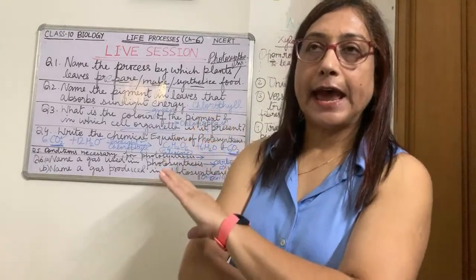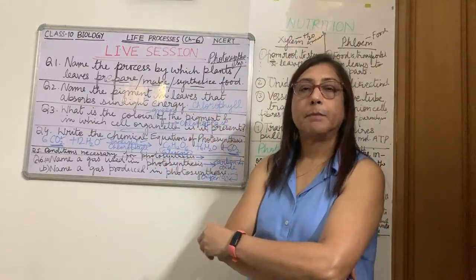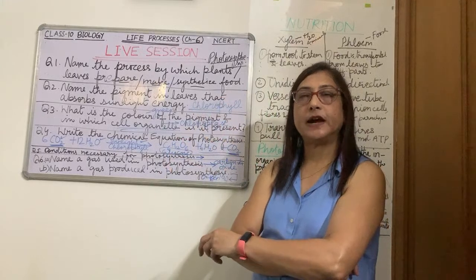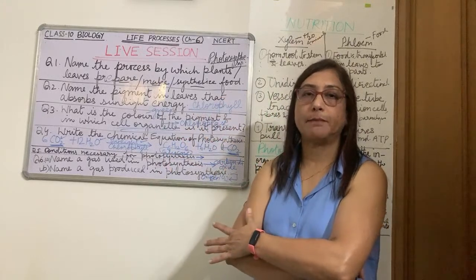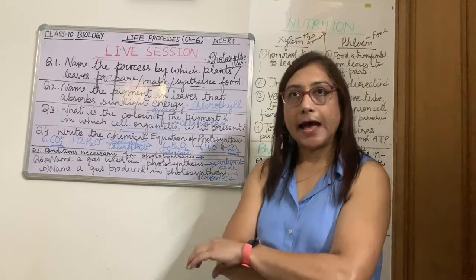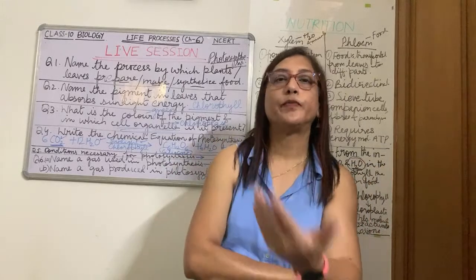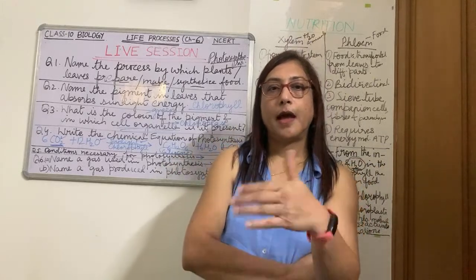The nitrogen gas in the air is taken up by some bacteria known as nitrogen fixing bacteria, which are present in the soil, and they convert this nitrogen gas into ammonia, and ammonia